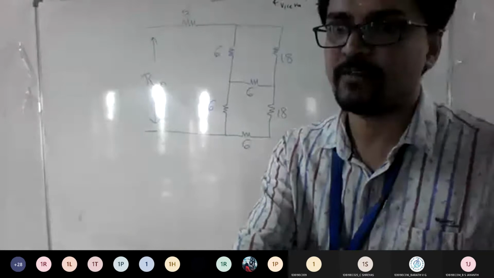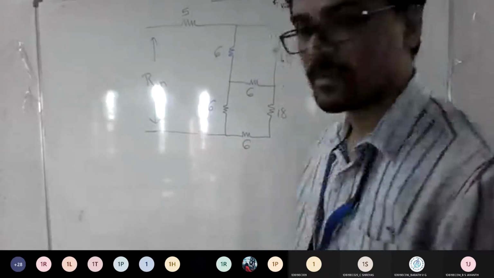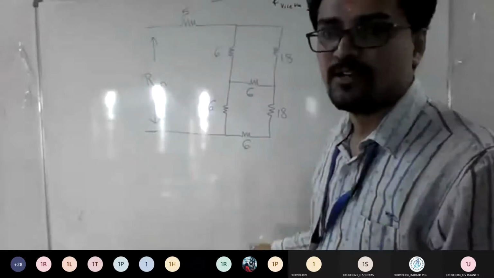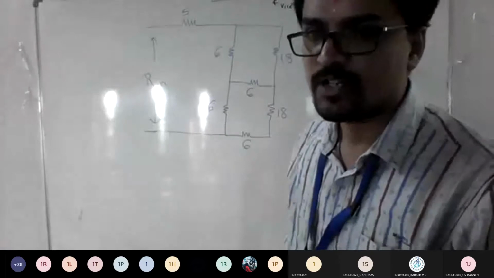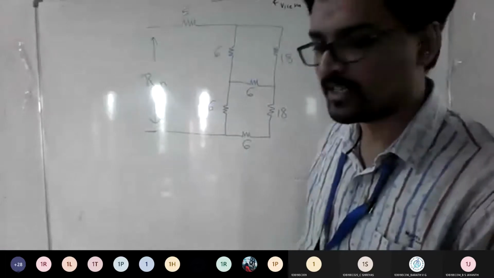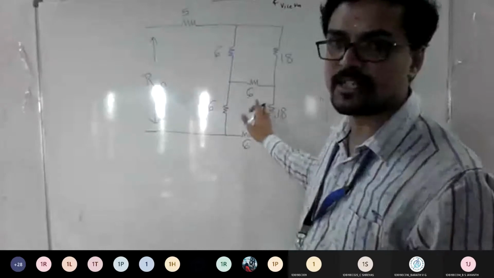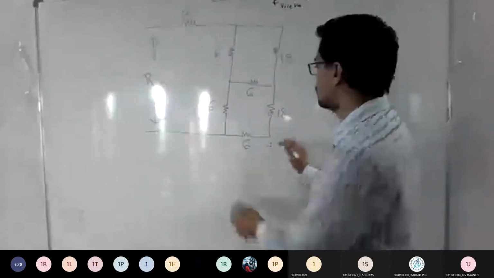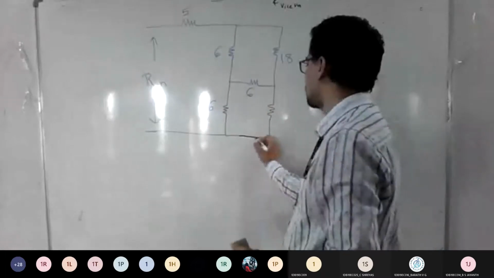Look at the circuit carefully and tell me here. 18 and 6, good. 18 and 6 are in series, right? So why do you want 2 resistors? I can make it 1 resistor. So before applying your conversion technique, you can look at the network first. Any possibilities of series or parallel combinations, you can reduce. So I can make these 2 into 1 resistor. So the value becomes 24.